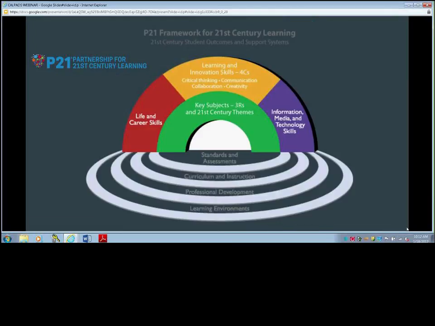And then also, for those of you who are familiar with the P21 framework, when you hear people say the language, we need to have 21st century skills, and this is the type of language we hear quite a bit, P21 helped define what that actually means. What are those 21st century skills? And what's really powerful about P21's framework is you'll see right there in that blue section, information, media, and technology skills. As you drill into that, you'll see information literacy is the essential part of that.